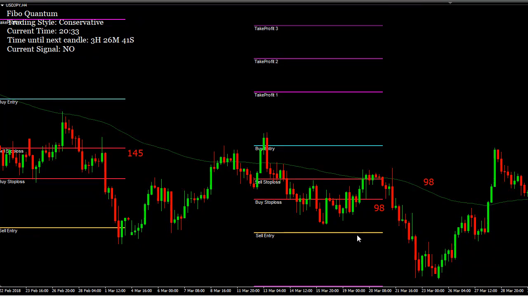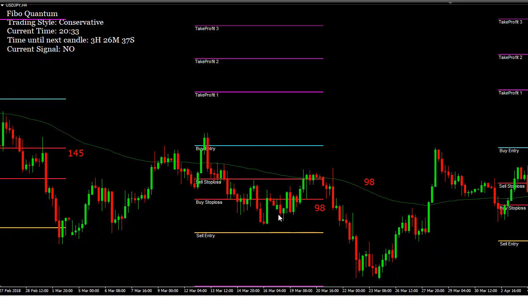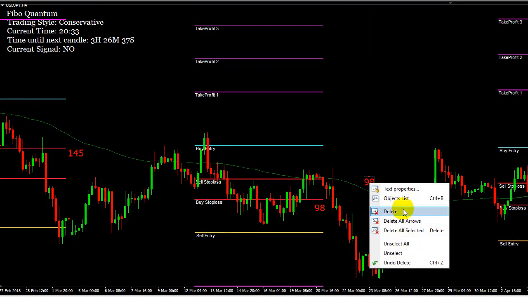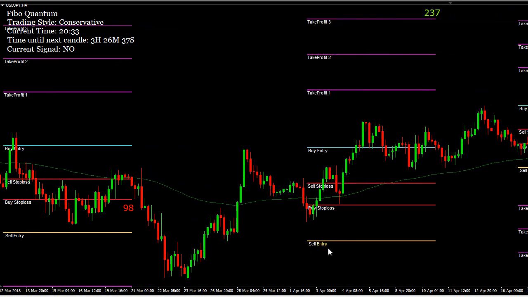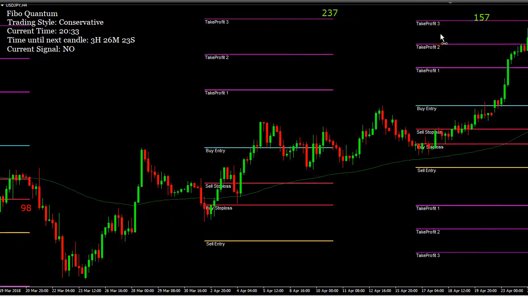But we also get the sell entry that's set up here. And actually, I put a loss on here, but you wouldn't have, this stopped printing here, so you wouldn't have taken this trade anyway. So let me get rid of that. Excuse my numbers just a little bit. We come over here. We have our buy entry here. We have our sell stop loss here, but our sell entry's down here. We don't take that. It's 237 pips up here.